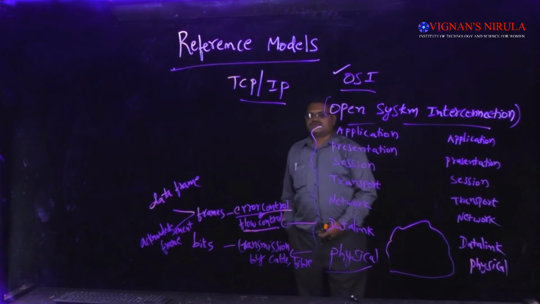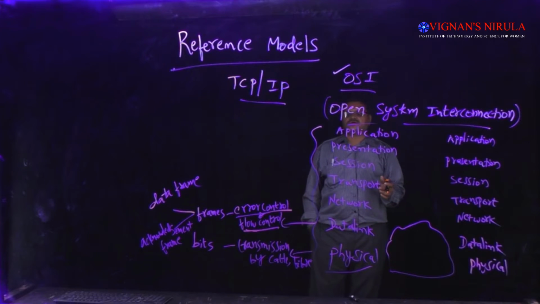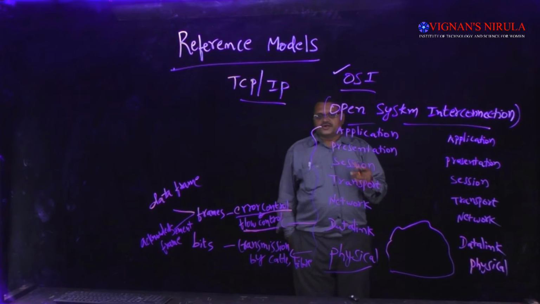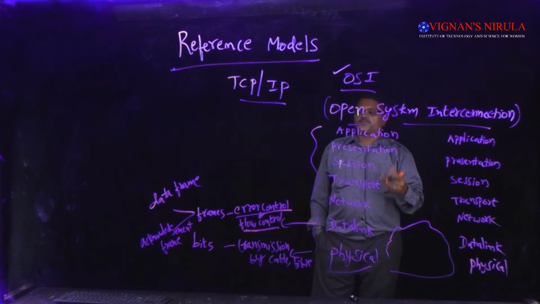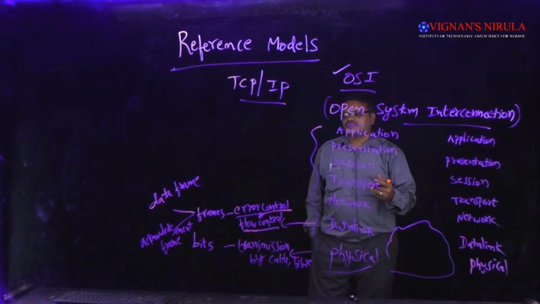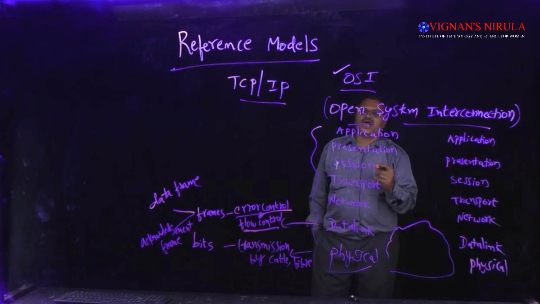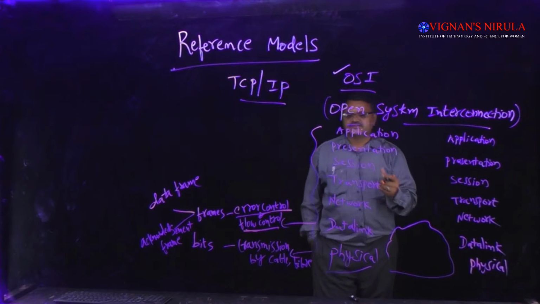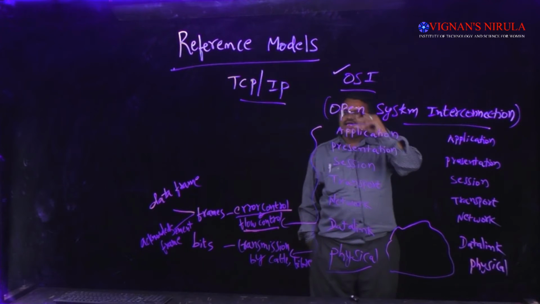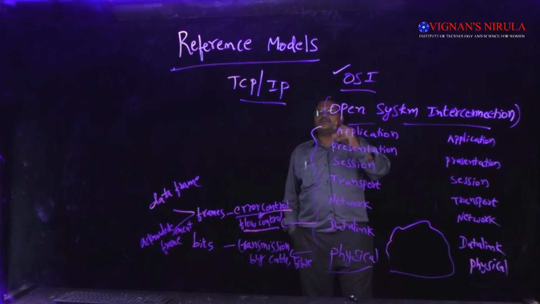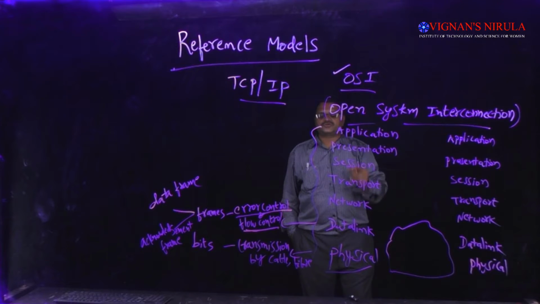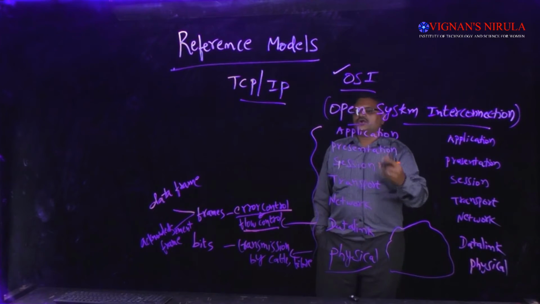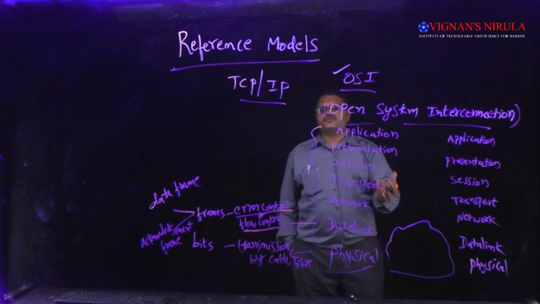And previously there were only point-to-point networks. But nowadays broadcast networks are also developed. So in order to support the broadcast network, there is a term called channel allocation. This channel allocation is also one of the challenges in the data link layer, and there is a sub-layer in the data link layer called the medium access control sub-layer. That layer in turn does the channel allocation in case of broadcast networks.